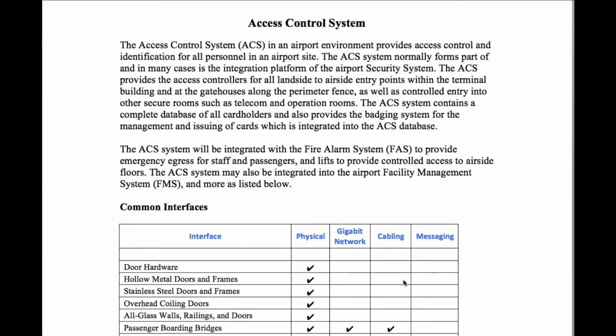This is the access control system, the first of many systems that will be described in this course.